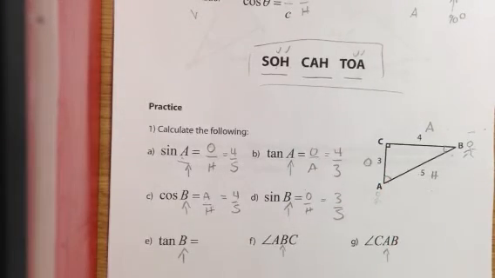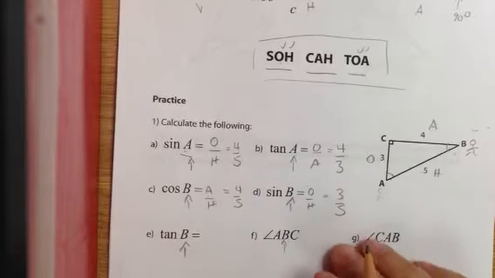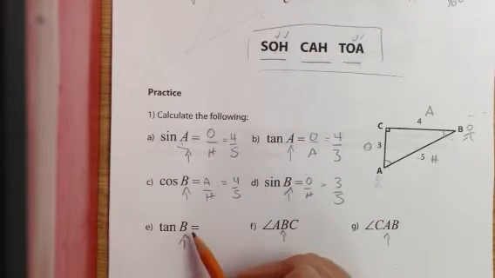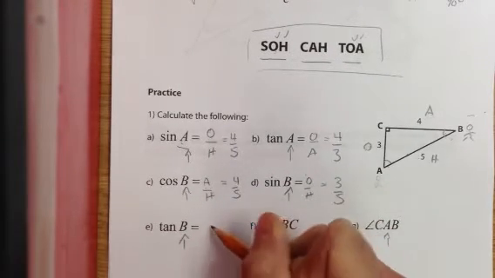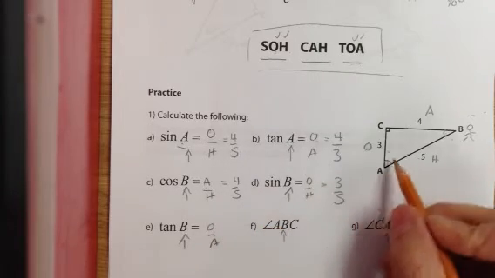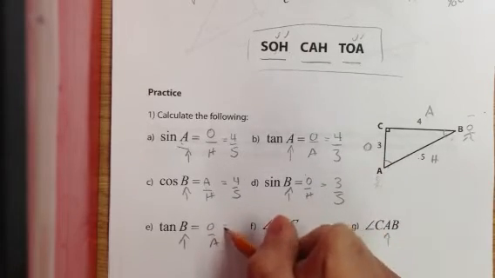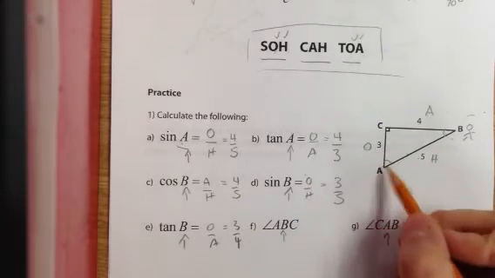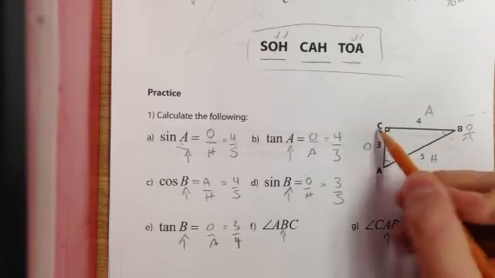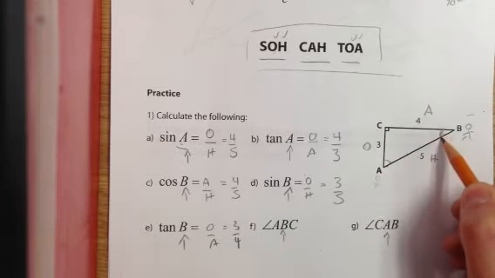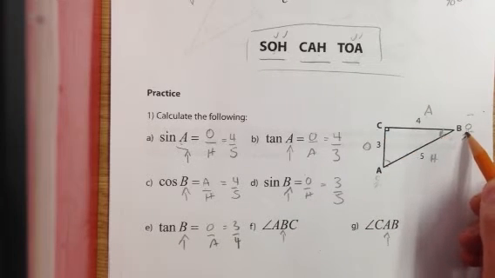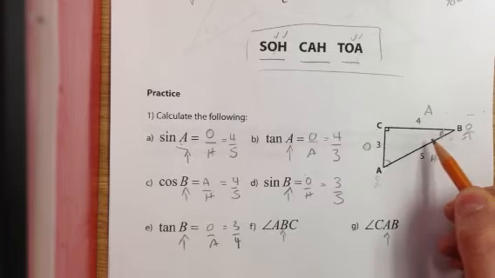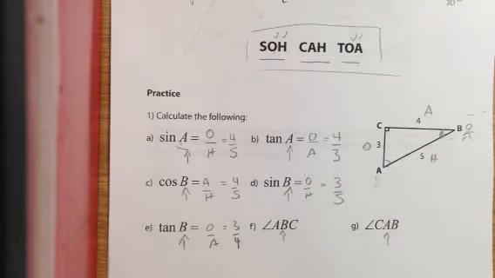Okay, so 3 over 5. Okay, tan of b would be O over A really quickly, so it would be just 3 over 4. And when we're talking about angle ABC, it is this angle, so I don't have to redraw my guy. And angle ABC,